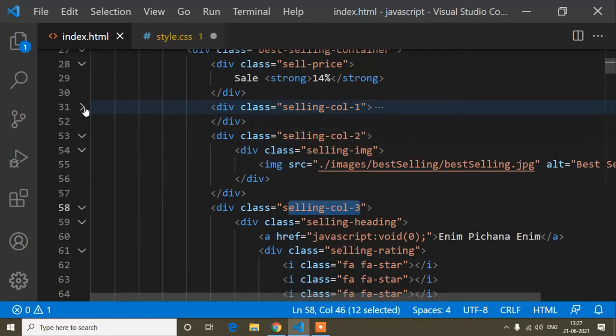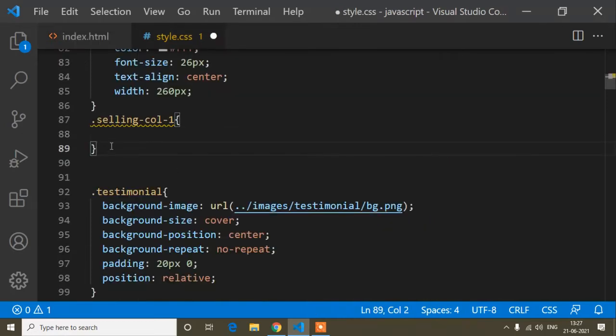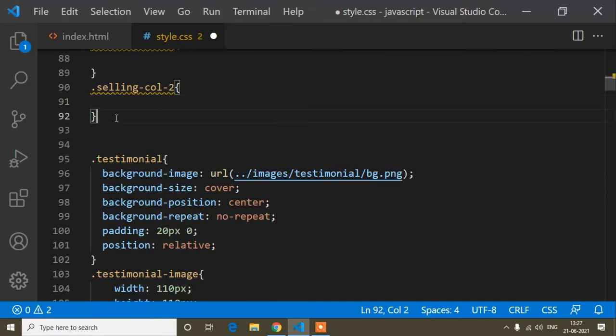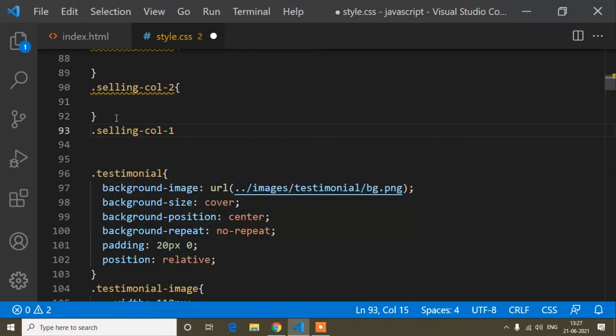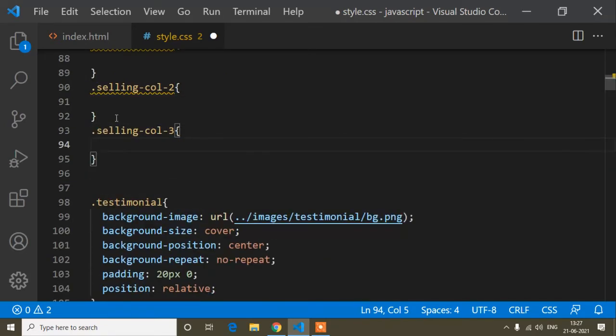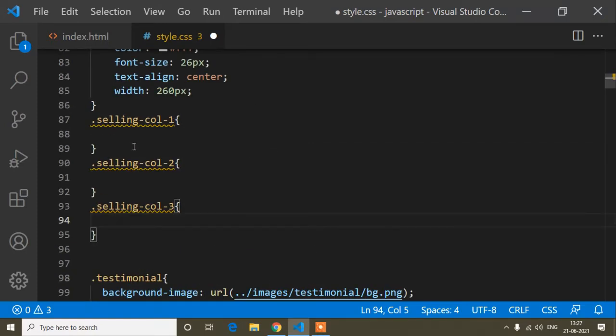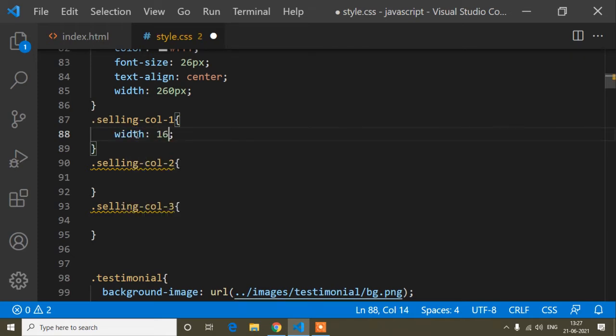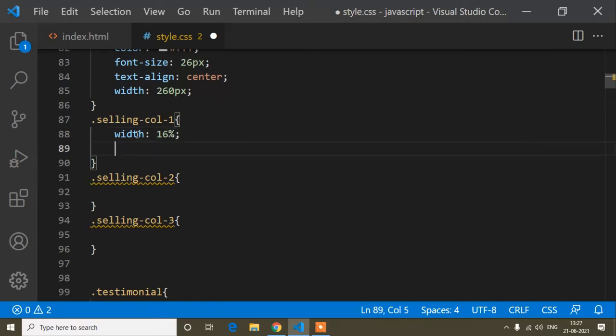Okay, so I will do one thing, just same thing I will paste here, and instead of 1 I will write 2, and here I will paste, and instead of 1 here I will write 3. Okay, and now first of all I will add the design for this first column. I will write CSS first of all. So width is 16%. So the first column width will be 16%, and the